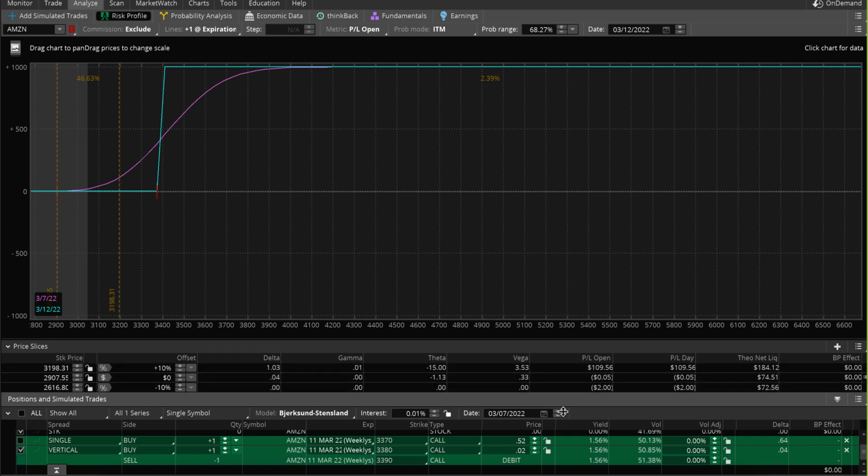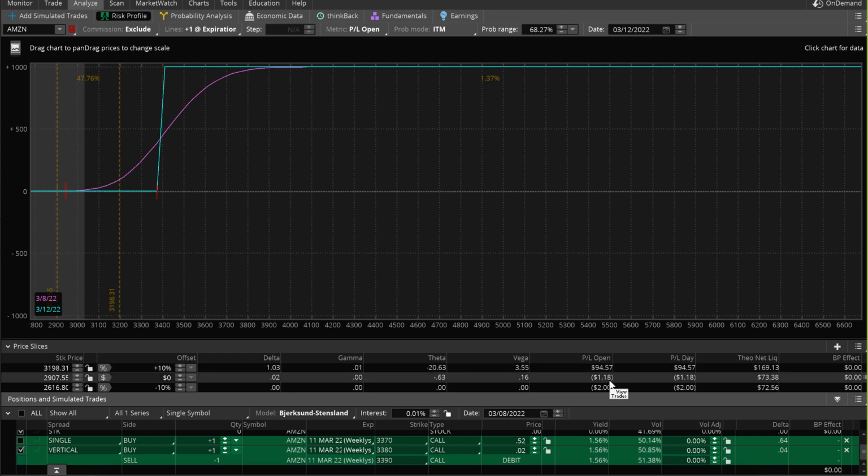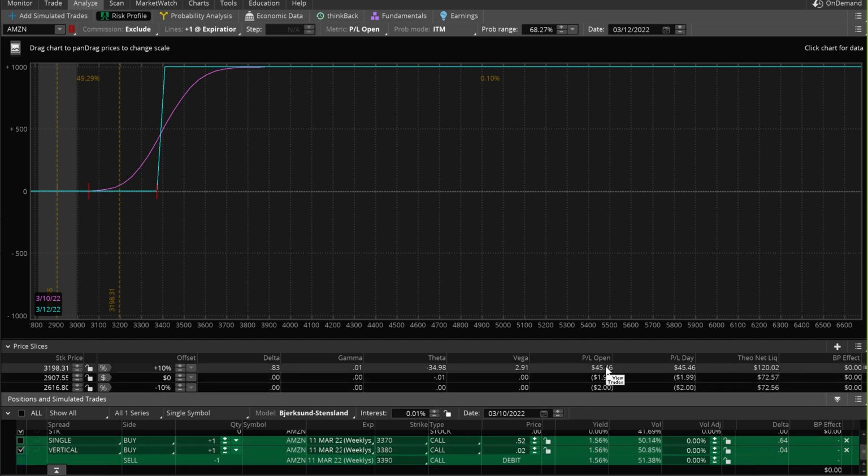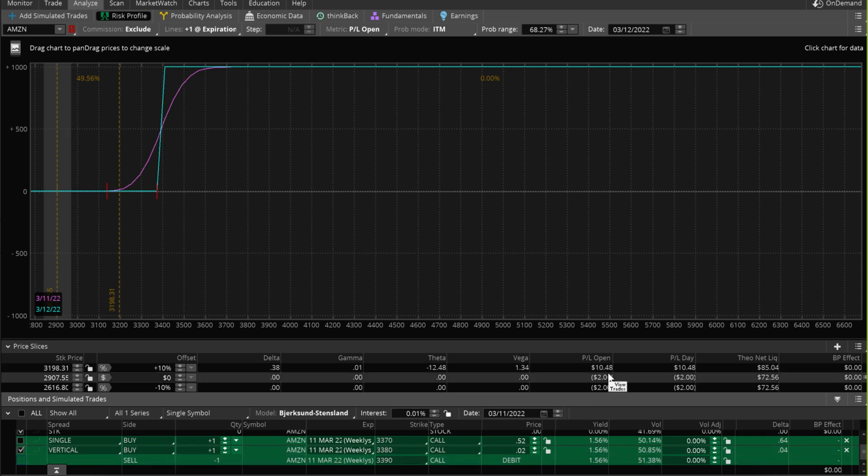And then we go a day forward to the 8th, and it would be a little under $100. And then go to the ninth, it would be about $73 in profit from a $2 trade. And on the 10th, $45 from a $2 trade. Still, at this point, it's very significant. You're talking about 45 divided by 2. The profits are still very high. You go to the 11th, and even on the day of the expiration, that early morning,